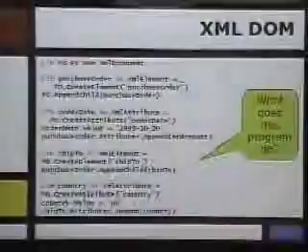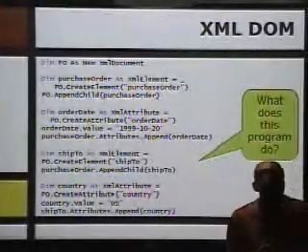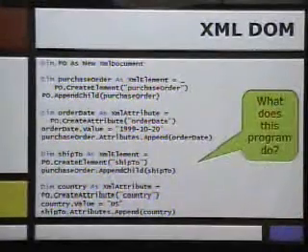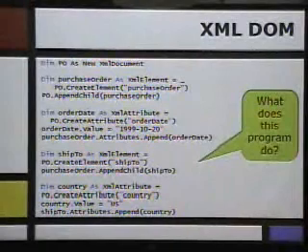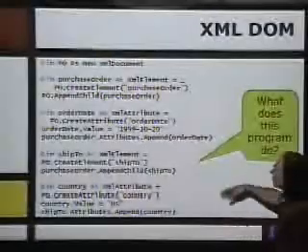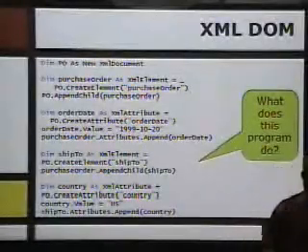Okay. The last domain-specific library I want to talk about is the XML one. And this is another big embarrassment. Because the way we tell our customers to use XML is horrible. I don't know about you, but I don't know what this program does.